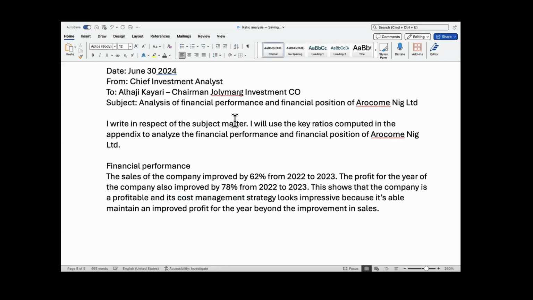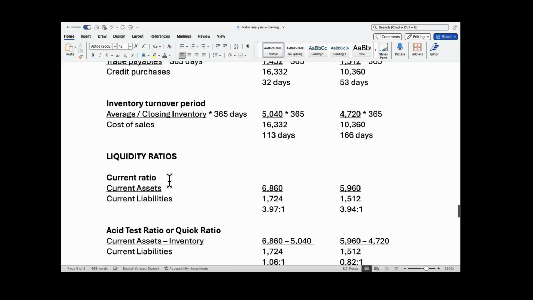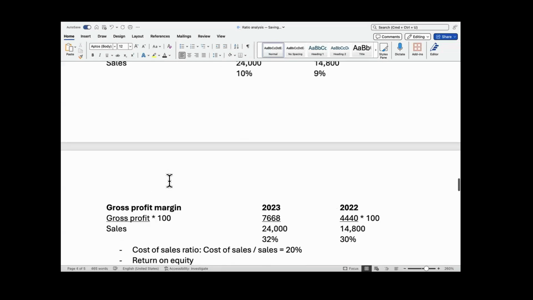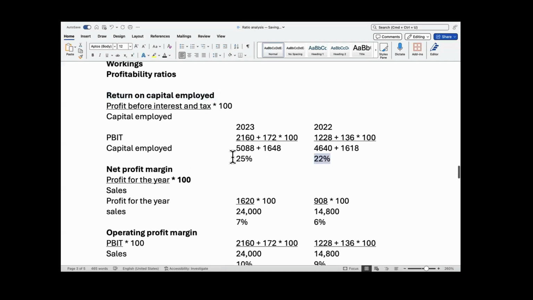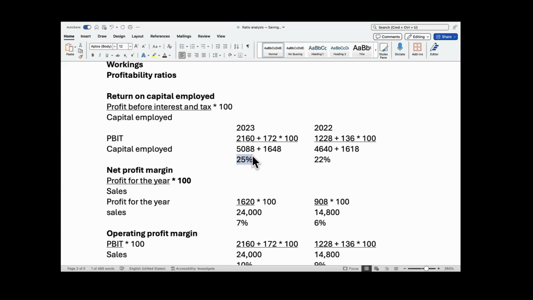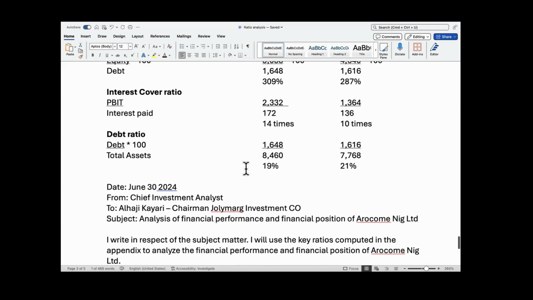So as soon as you have settled that, then you move to the profits or the ratios. I will start from return on capital employed. You see it moved from 22% to 25%, though marginal, but there is an improvement. So let me quickly tell them that